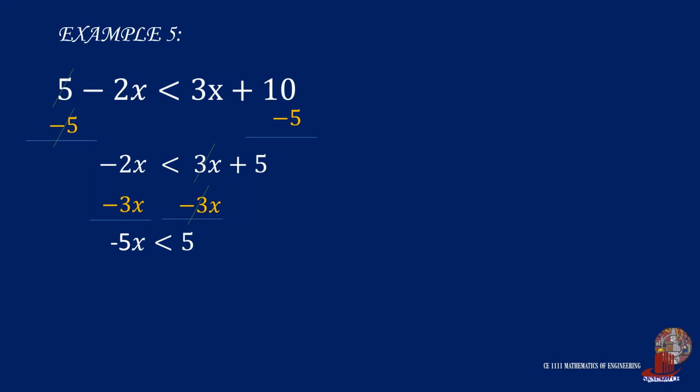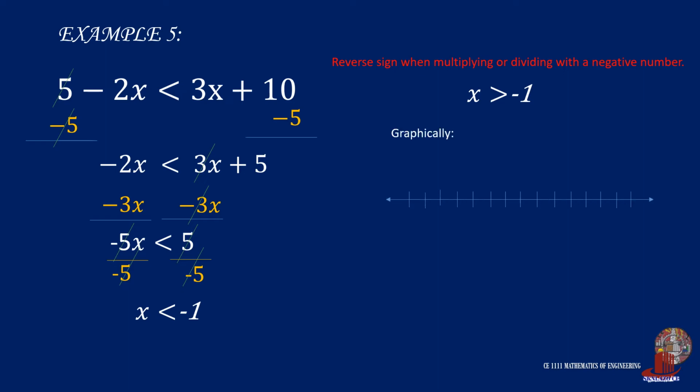is less than 5. To find x, divide negative 5 on the left and right again, so we get x is less than negative 1. And then again, since we divided the inequality with a negative integer, flip the inequality sign, making x greater than negative 1. To show the solution graphically, we have an open interval on negative 1 and an arrow directed to